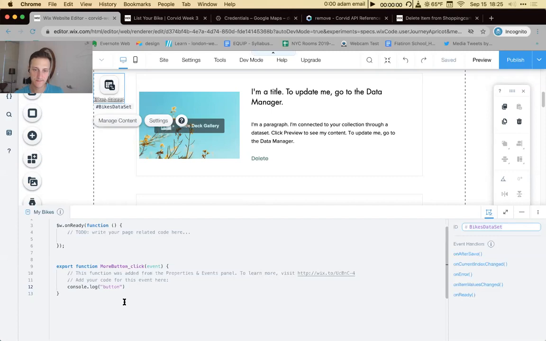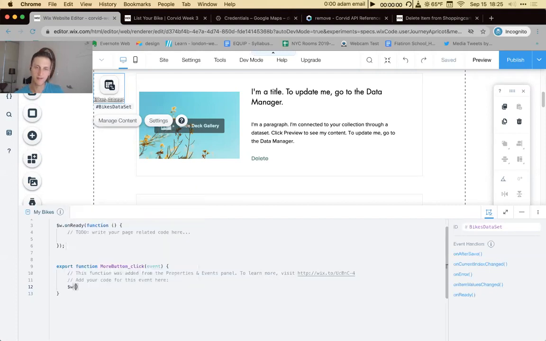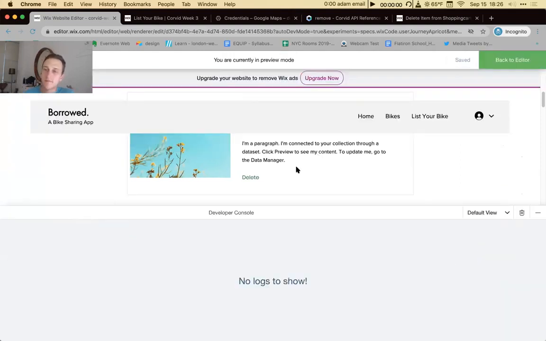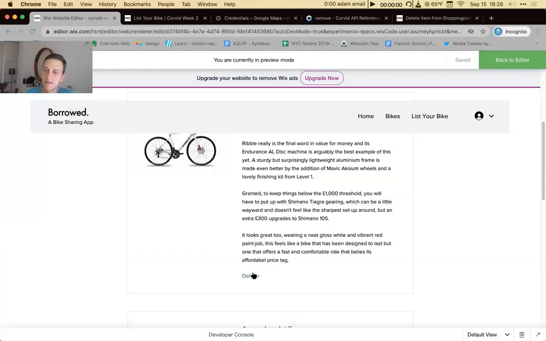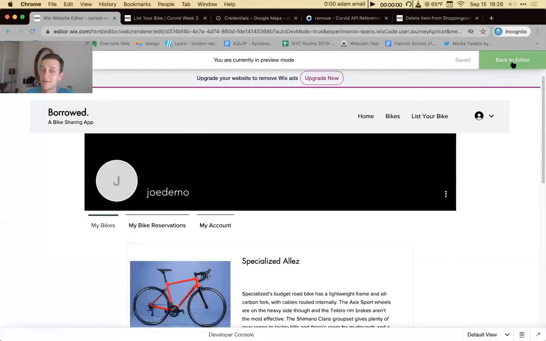So what I'm going to do is I'm going to do $w pound bikes dataset dot remove. Hit preview. Hit delete. And it's gone. If I go back to my editor,